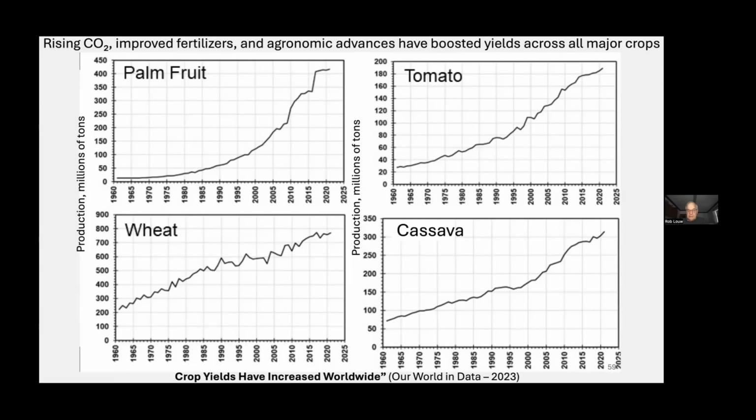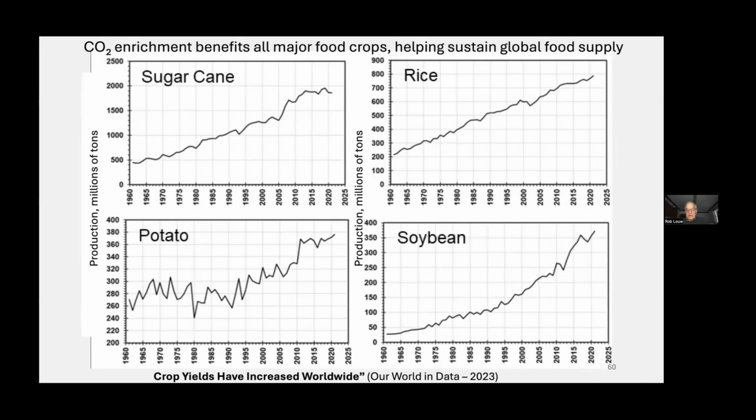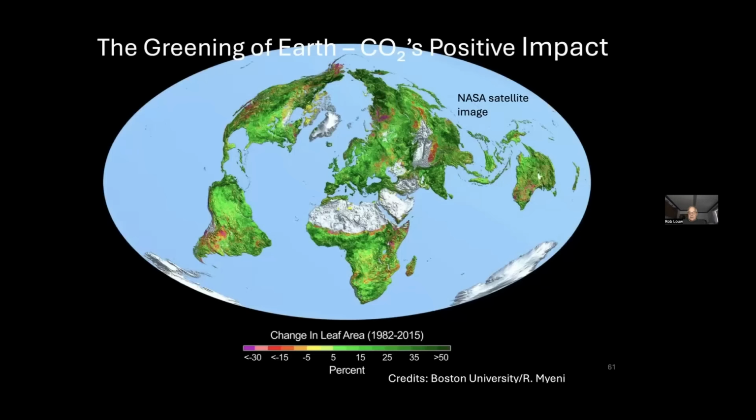All of them have been increasing quite significantly over the past 60 to 70 years. And here we have sugarcane, rice, potato, and soybean. They're all showing the same patterns. So clearly we are benefiting from it. Improved fertilization and greater carbon dioxide levels have helped us to produce the more food that we need to feed an ever-rising population. And this has been confirmed